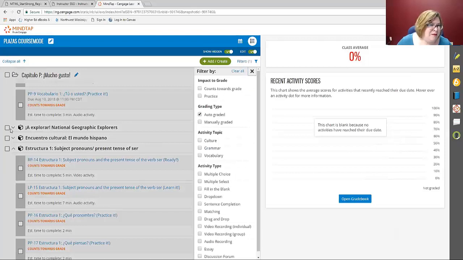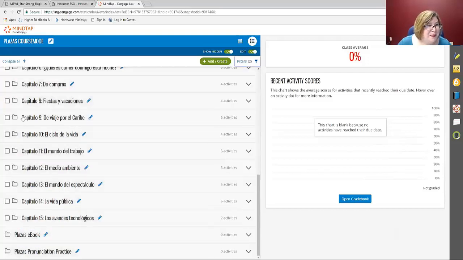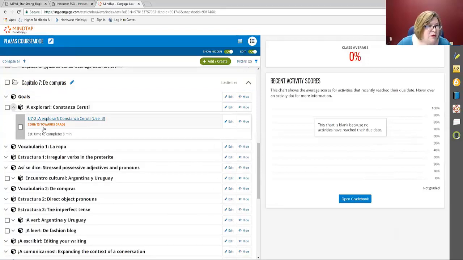So did you notice that some of the activities disappeared as I clicked one or the other? You can also narrow it down. So I want to do just auto-graded activities on culture. So if I were to click, let's see, capítulo 7, and I click this, it's going to show me just activities that relate to auto-graded and to culture.